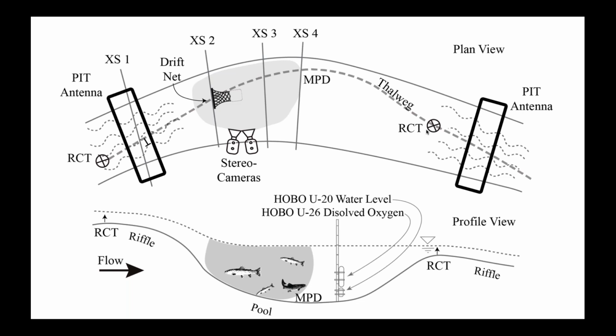Looking at the profile view on the bottom of the screen, you can see where we installed the data loggers. And we surveyed using an auto level the elevation of the data loggers relative to the elevation of the downstream riffle crest. And what was great about that was it allowed us to convert stage in the pool to continuous stage in the riffle crest. So this setup gave us 16 pools, 8 above and 8 below,